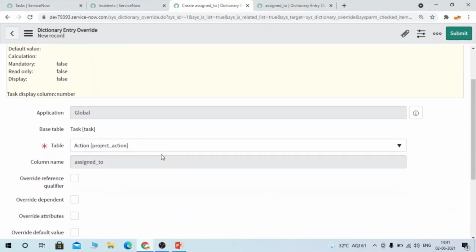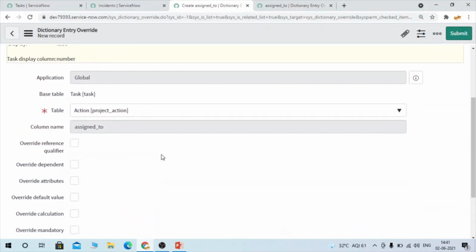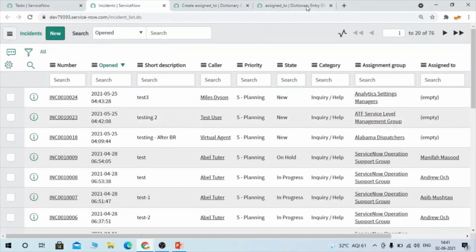Whenever you have to create a new dictionary override entry for a field, you go to the system dictionary of that field, go to the related list Dictionary Overrides, and click New. Let me show you for another field.